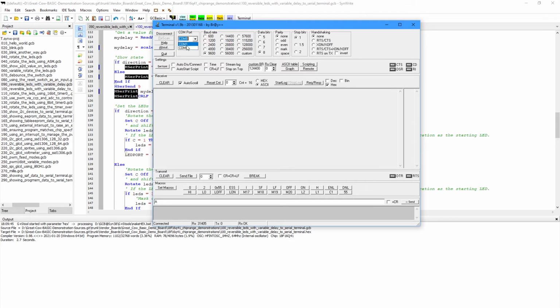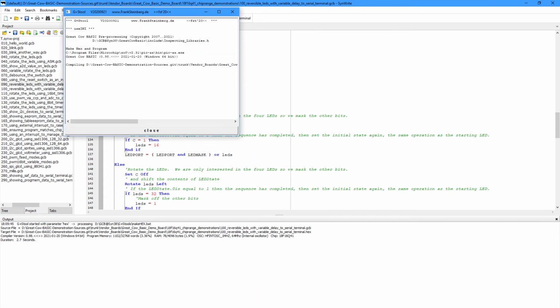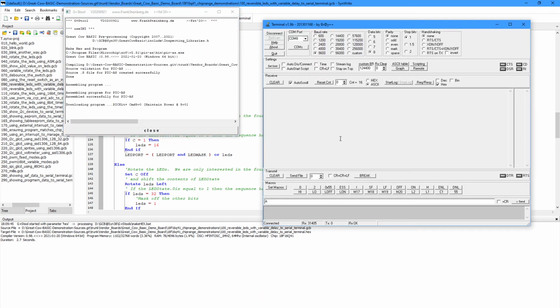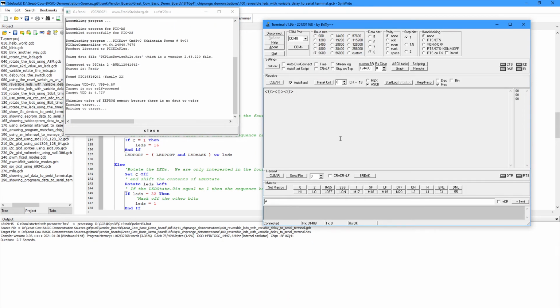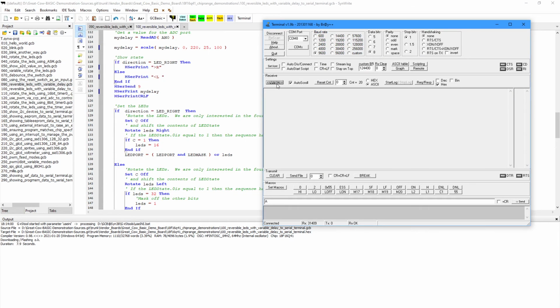So I've connected my software. I'm going to connect it to COM port 8, and that is when I plug this little TTL USB thing in, that's the number it's been given. I've selected 9.6, and I'm just going to disconnect it, connect it, that's fine. There we go, it's running. And this is now connected in logically. If I program the microcontroller with our new program, you'll see some traffic. I'll just clear that down. And look, it says